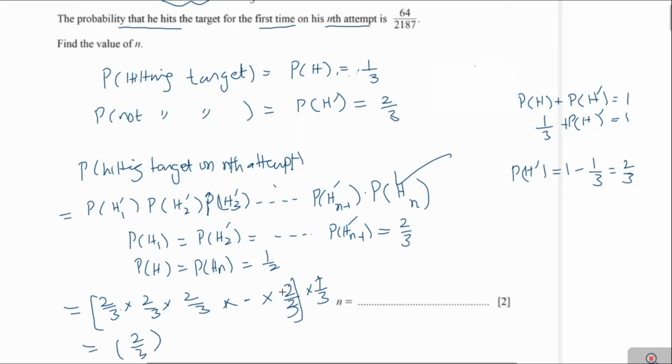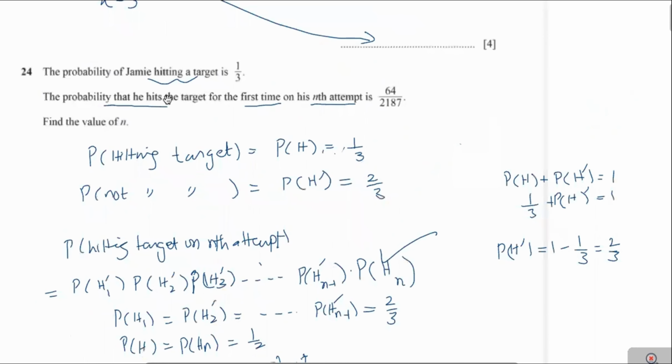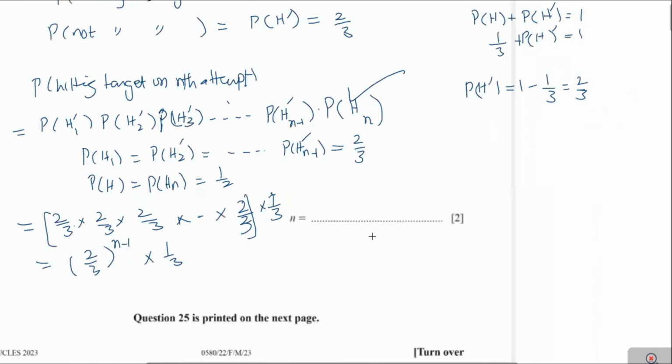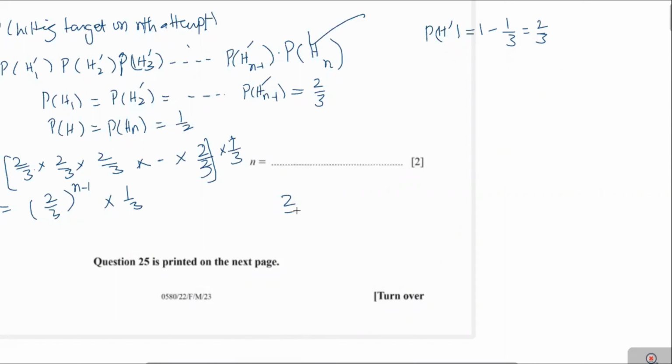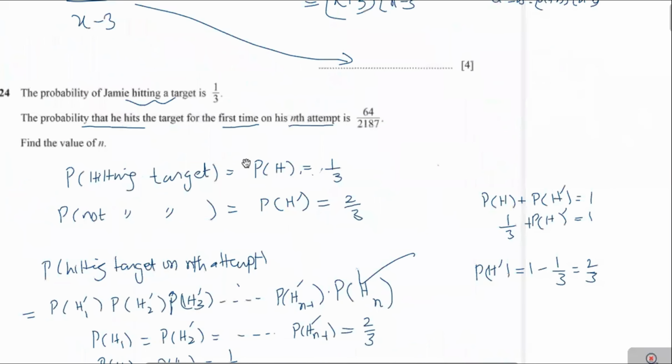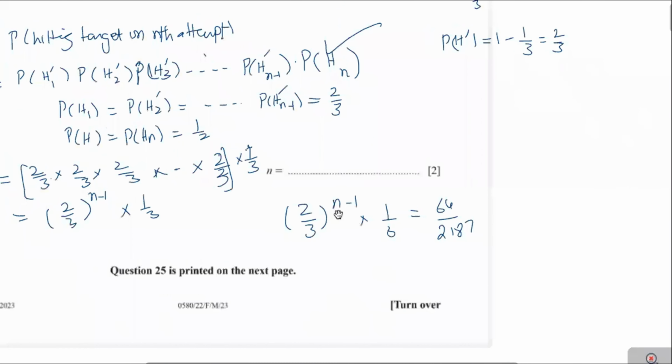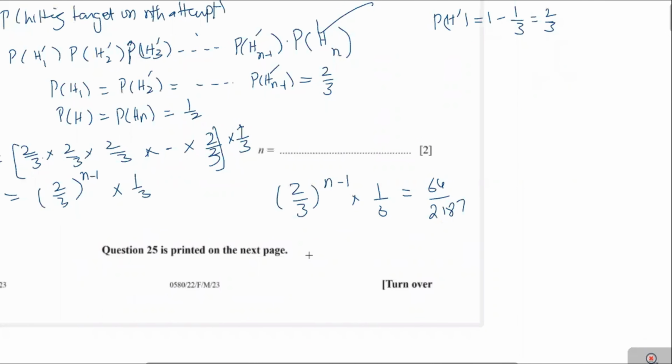And you see here, the 2 over 3 appears n minus 1 times. Therefore, we write it as (2/3) to the power n − 1 into 1 over 3. Now, you see here, the probability of hitting the target for the first time on nth attempt is 64 over 2187. We can write it as (2/3)^(n−1) into 1 over 3 equal to 64 over 2187, because the probability of hitting the target at nth attempt is 64 over 2187. Therefore, we can write it as (2/3)^